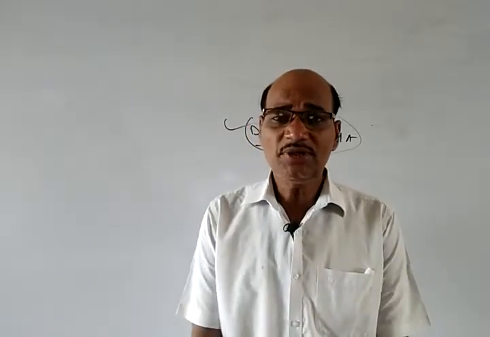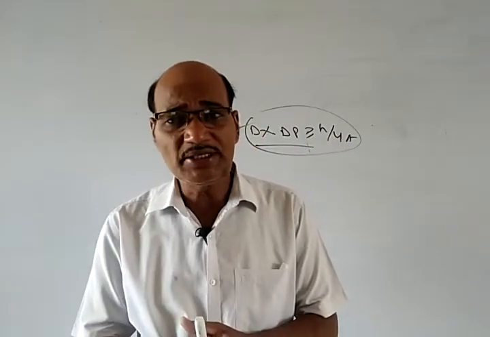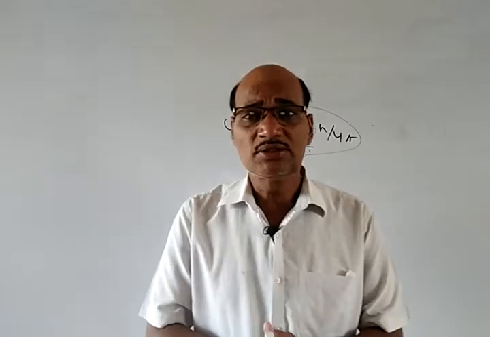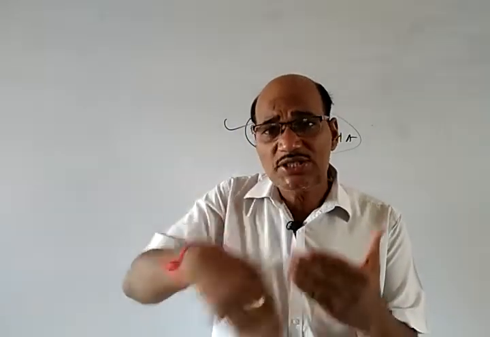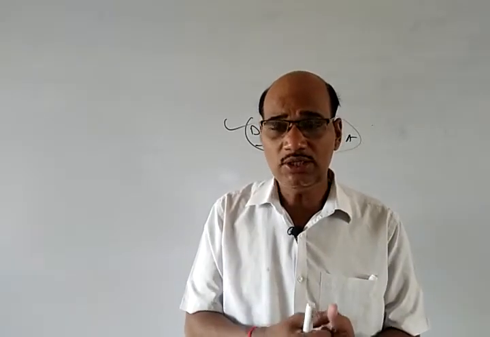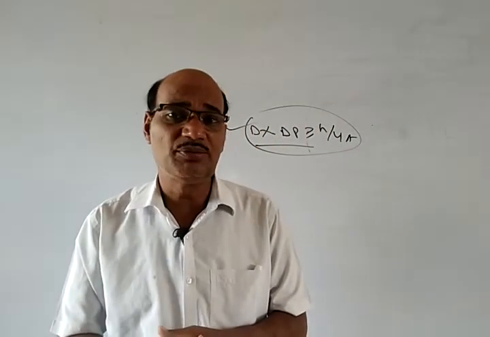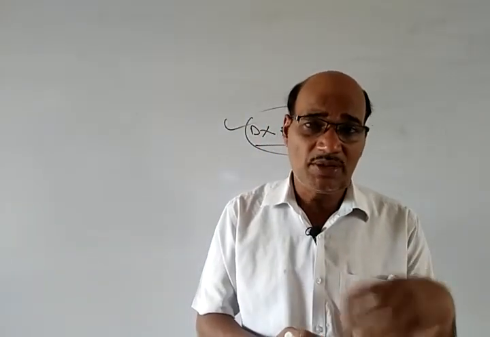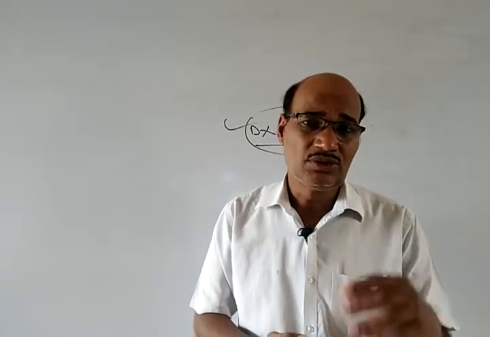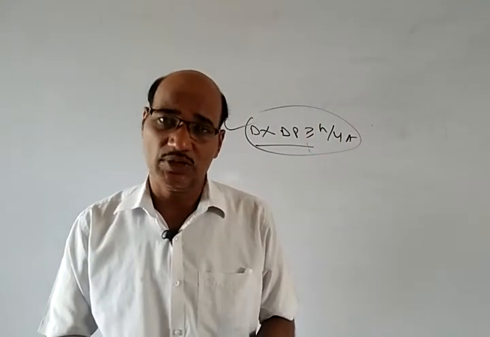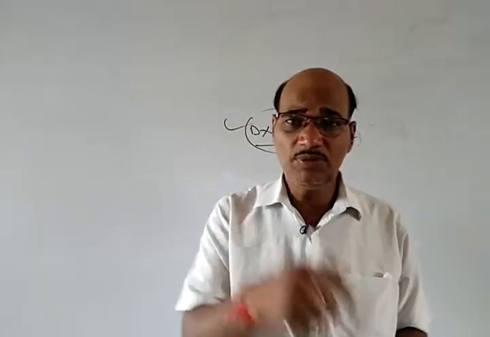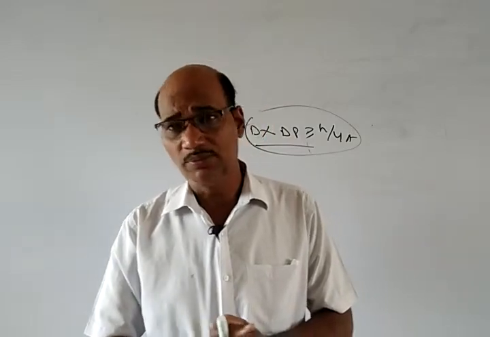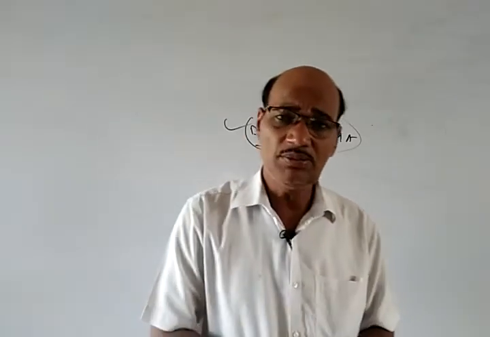Then after that we discussed the spin quantum number. The spin quantum number indicates that while the electrons are revolving around the nucleus, they also rotate about their own axis like a top. This is called spinning of the electrons. This spinning of electrons in an orbital is one clockwise and the other anti-clockwise. So one is plus half, the other is minus half. So s equal to plus or minus half.